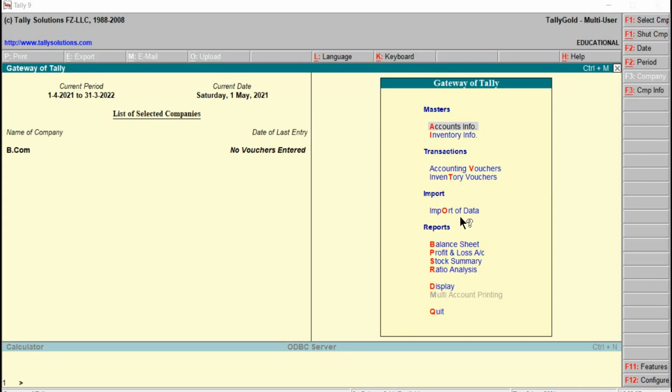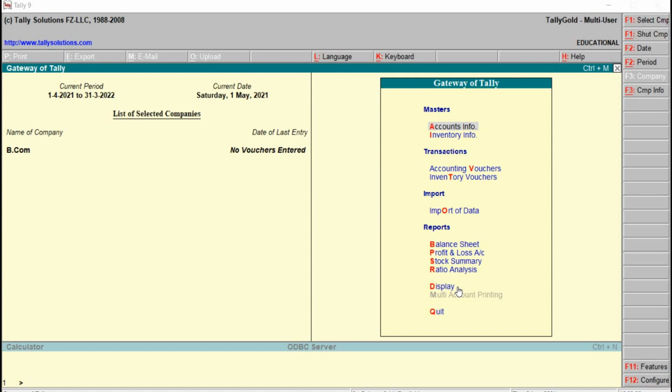Then import of data: if we have to import data from some other company, in that case we have to go to import of data. Then coming to the reports, we can see the list of financial reports: balance sheet, profit and loss account, stock summary, ratio analysis, and display.